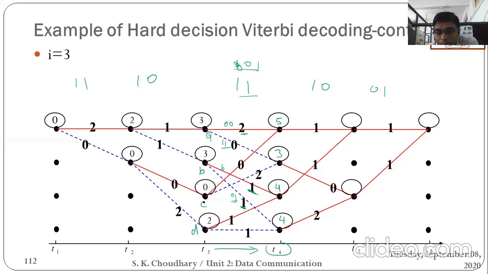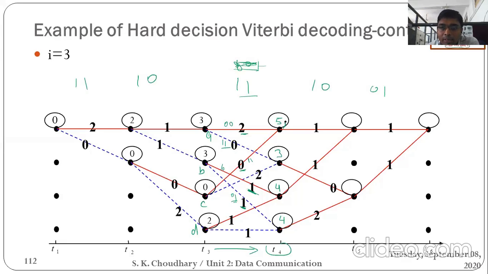Okay. Now you have to move to the next state, that is C. So when you are at the C, its metric value is 0, and there is also the possibility of the two inputs. So first, when you receive the input as a 0, it is shown by the red line. So your output is what? At that moment your output is 1 1. So 1 1 compared with 1 1 and this 1 1. So what happens? You would get 0. So you can see the branch value is 0 here. So here 0 plus 0, 5 comma.